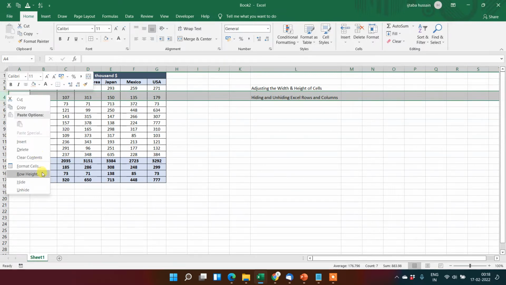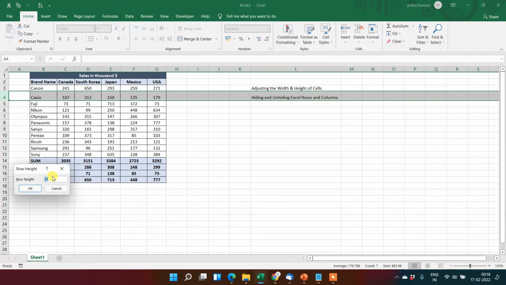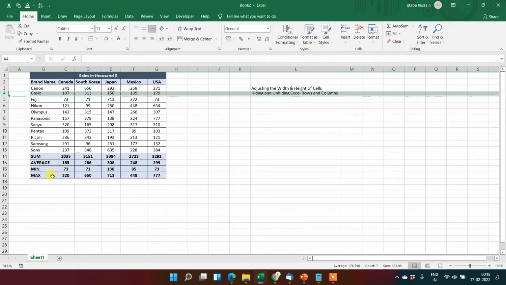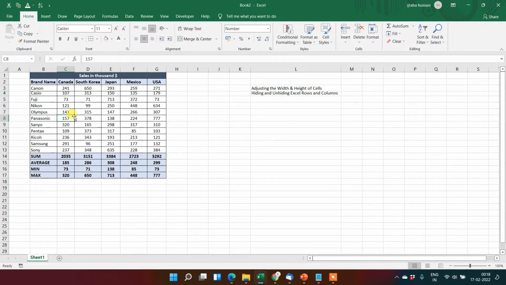Do it again, 11, so it will decrease. In the same way, we can